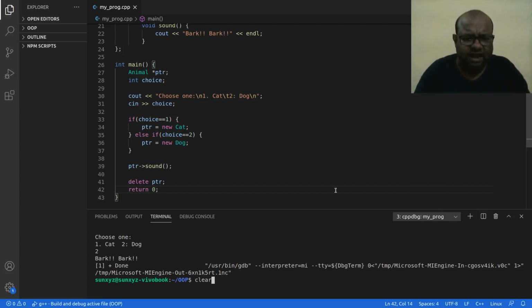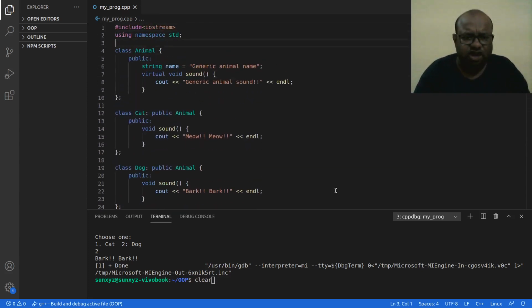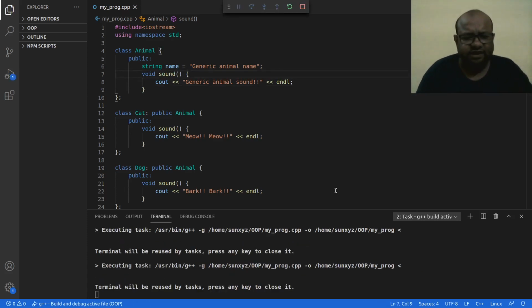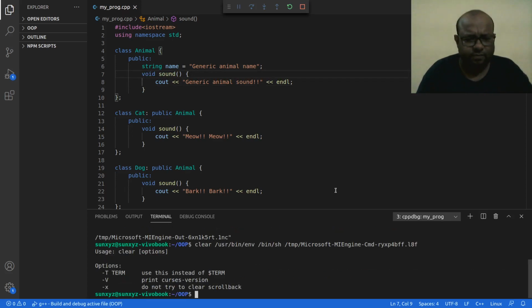Now say in my parent class, I did not write this keyword virtual. Let me remove this keyword virtual. Let me run this again. I have to stop this first.